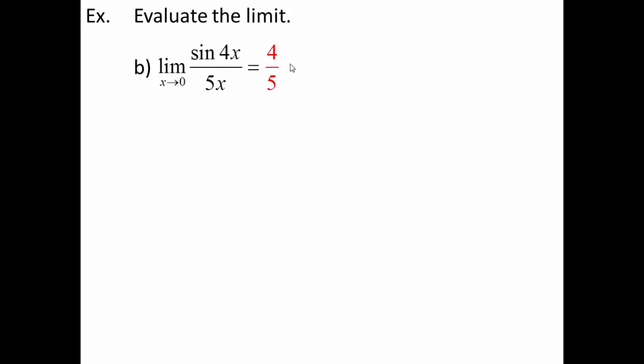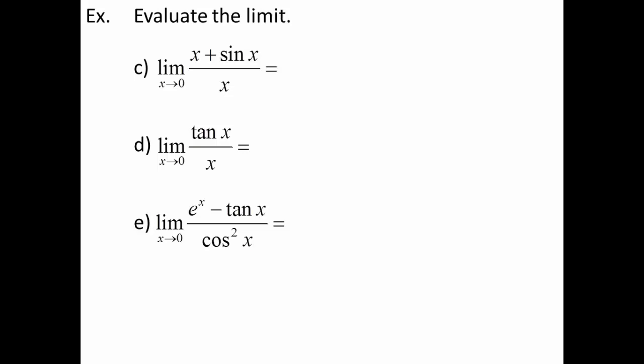As long as it's going to 0, then I can say the answer is just 4 over 5. Now keep in mind, if x is not going to 0, if x is going to say 1, don't just jump to an answer of 4/5. Direct substitution first. If x was going to 1, then my answer would be sine of 4 over 5. Not 4 over 5, but sine of 4 over 5. If I'm going to 10, it would be sine of 40 over 50. Only when it's going to 0, only when I have the indeterminate form, can I use my shortcut of just whatever this ratio is.